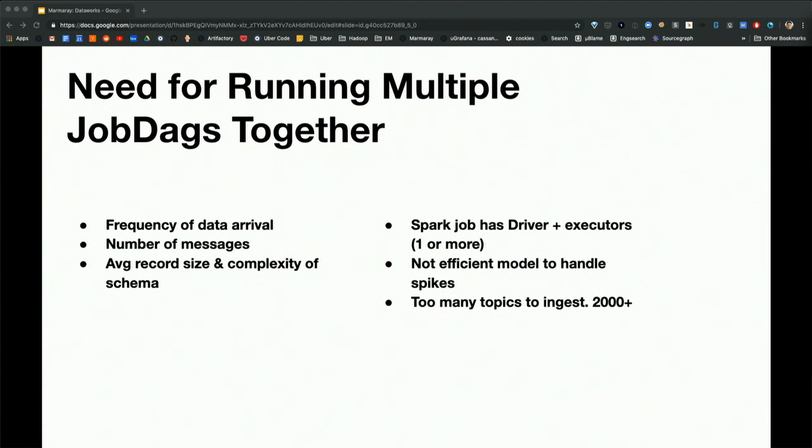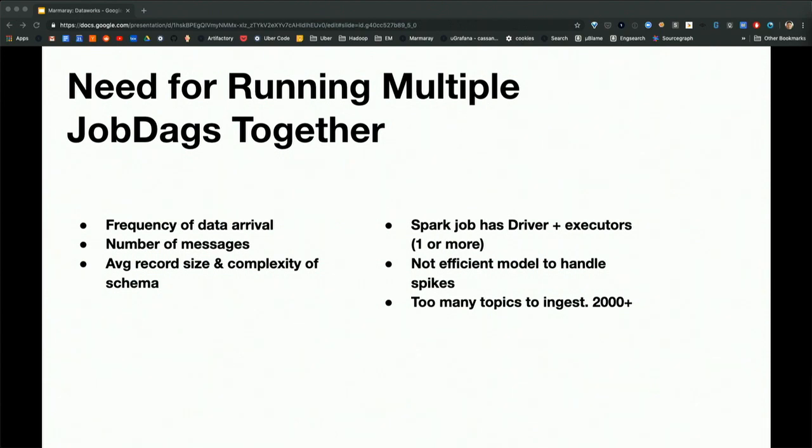These topics produce data at different frequencies, and we don't want to run these pipelines individually because we will not maximize the efficiency of our Yarn resources. We run everything under Yarn. So we group these topics by frequency in terms of how much data we're actually seeing. For example, if you have some topics with not a lot of data, we can make the trade-off that we're not going to run every 10 minutes, 15 minutes, or 30 minutes. We'll run maybe every 6 hours and get that data in, assuming that data is not critical to have fresh that fast.